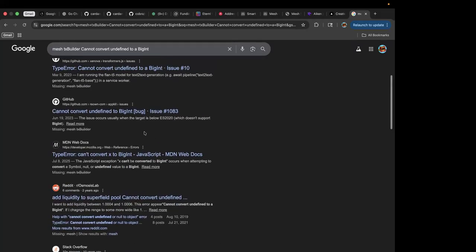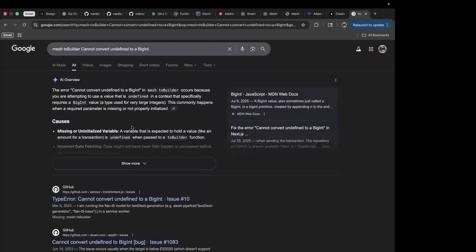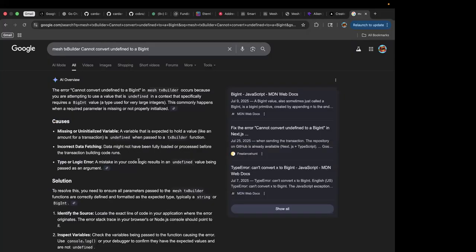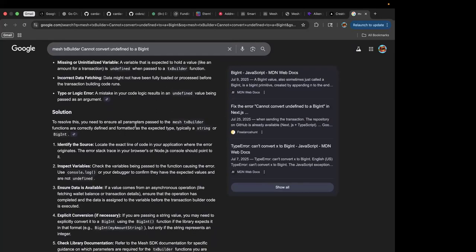Yeah, those are not mesh specific, but that first one is. Mesh occurs because you are maybe attempting to not use a value that is... so these are not trustworthy, by the way. When Google says something, we can't take it at face value. You need to ensure all parameters passed to the mesh transaction are correctly defined and formatted as expected